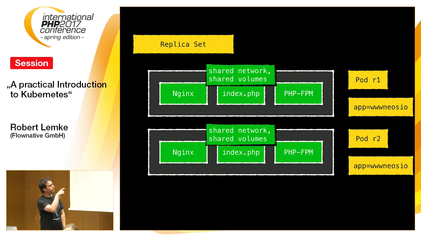And this whole thing can be called something like a replica set. So it says, okay, we have 2 replicas of pods with a certain label. And they form a logical group because they share the same label selector, right? Imagine there would be another label, production. I would have one replica set for production and another for staging, and the difference is just that the pods have different labels. But I can address them differently.